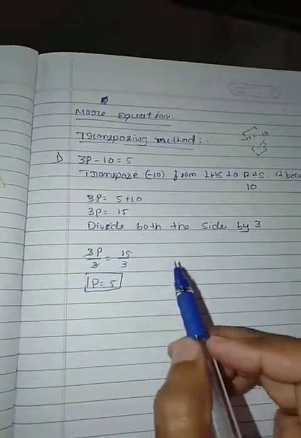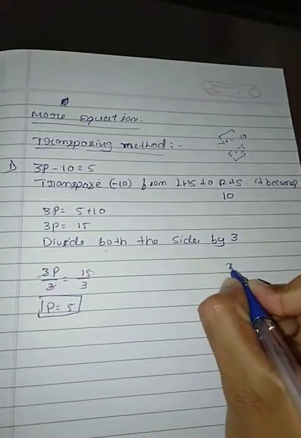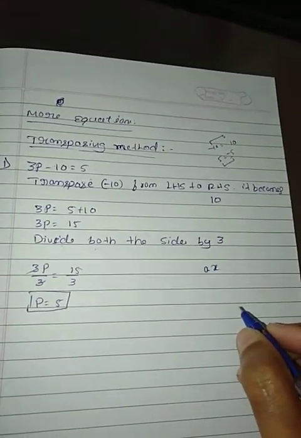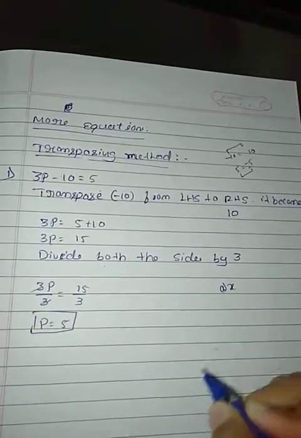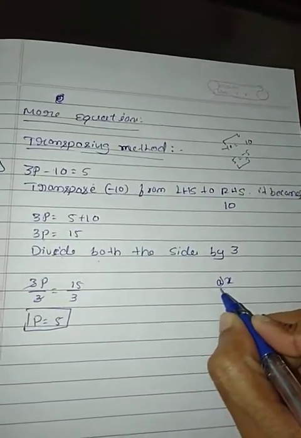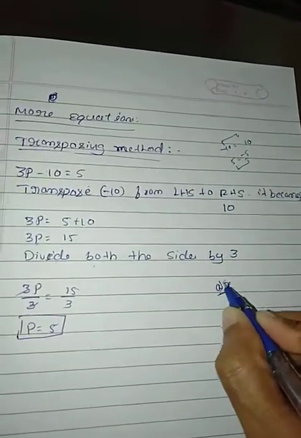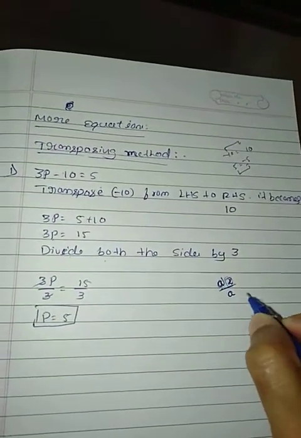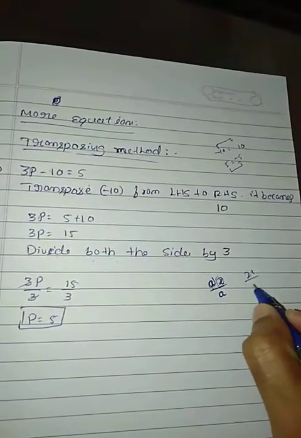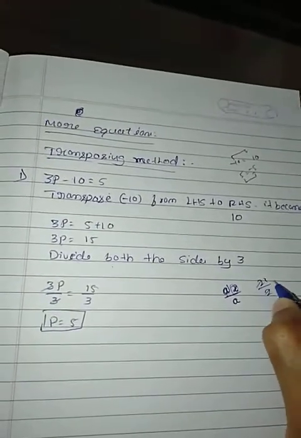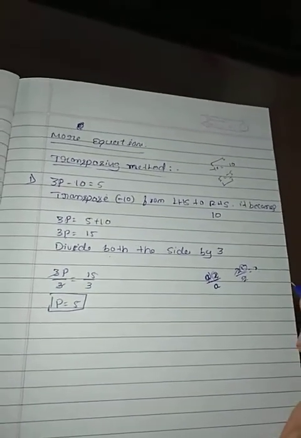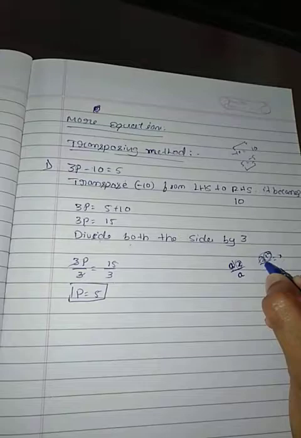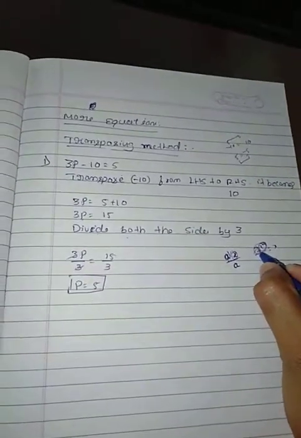We should remember that if any variable, say x, is in multiplication form, multiplied by any number, we should remove this number. How to remove this number? Just divide this variable by the same number. Here a is there, here also a. If this is 2x, then just divide by 2. When the 2 cancels, we get only the variable x. So we have to divide the variable or whole expression by the same number. You should remember that.